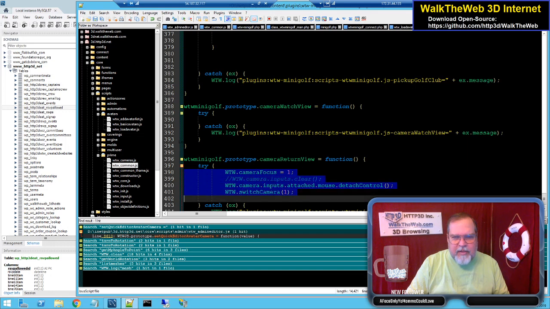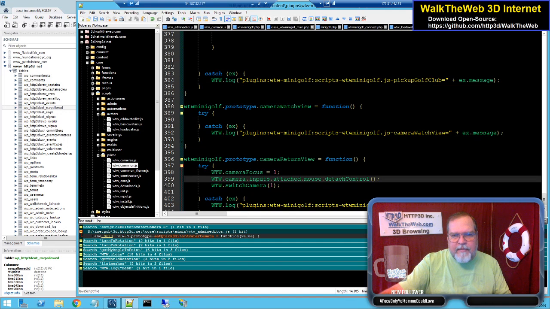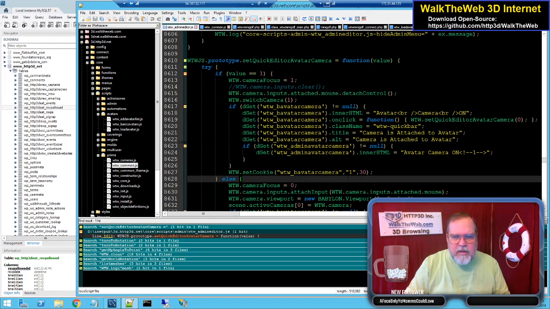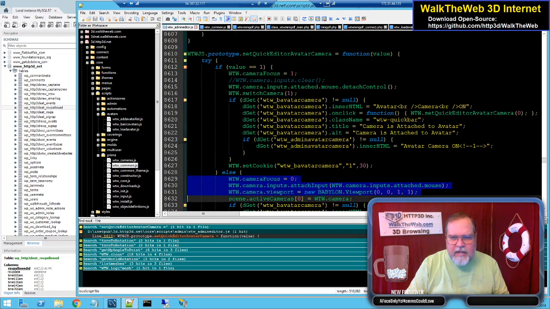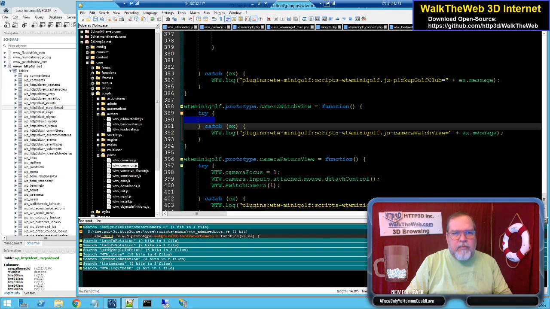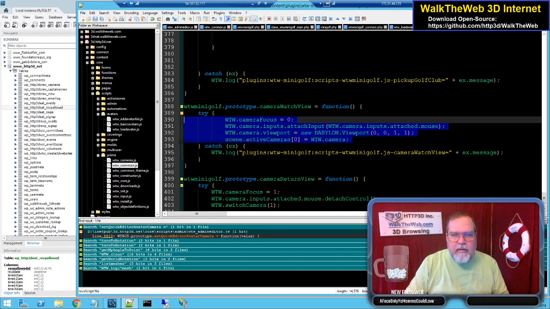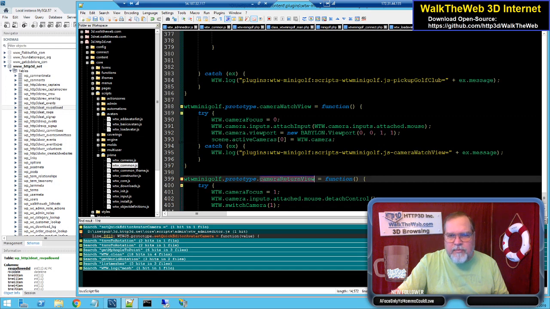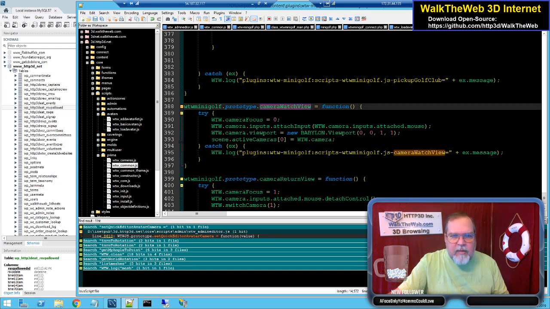This is not manipulating where the camera sits. This is only manipulating that we have a camera running. And then this one tells it to detach from the current scene. And we can run it from here. Okay, when I run this file, it's going to detach it, and when I run this, it's going to put it back in place. So what I want to do is